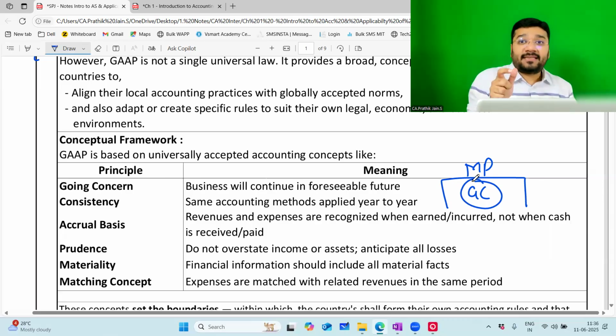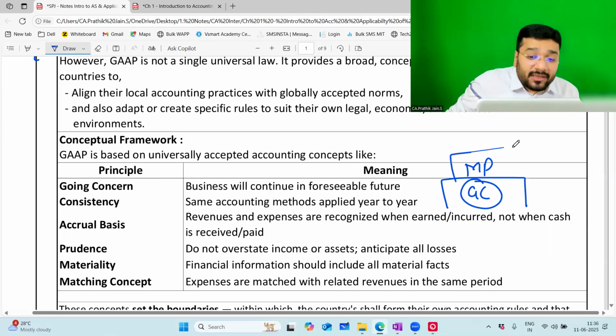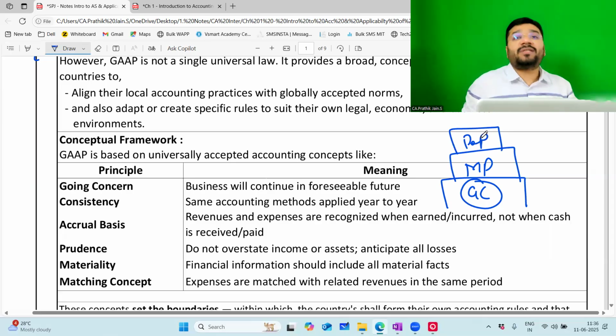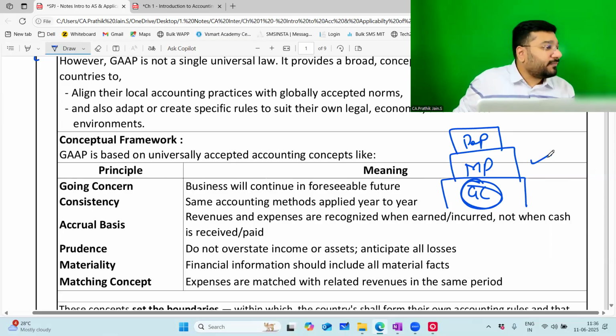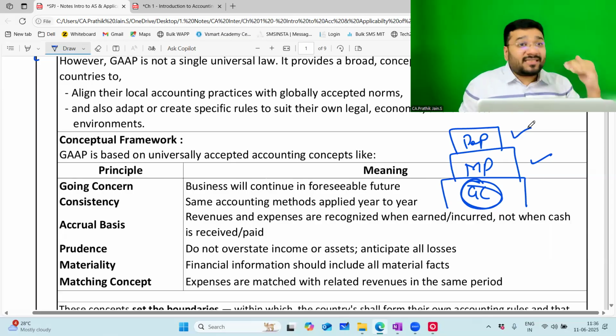So if that is the case, if the machinery has a life of 15 years, then we believe that at least your business will function for 15 years. Keeping that in mind only, we will do the depreciation every year. So based on the going concern concept, the matching principle was established. Based on the matching principle only, the concept of depreciation was established. So what is the first leg? The first leg is nothing but going concern assumption. If this was not there, matching principle wouldn't have come into picture. If matching principle was not there in the picture, depreciation wouldn't have been created. So this is a step-by-step procedure.